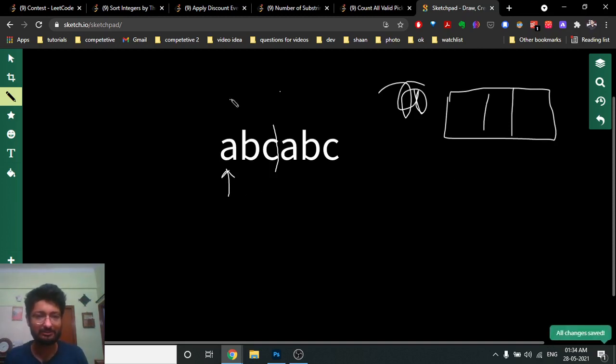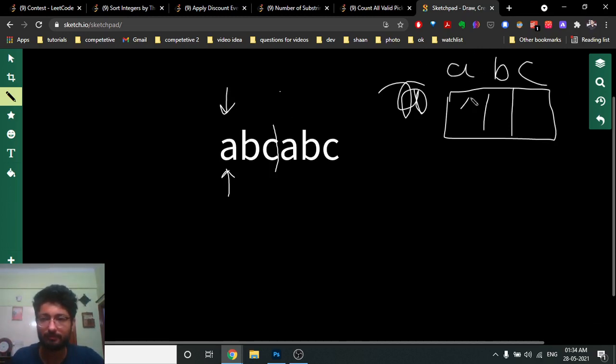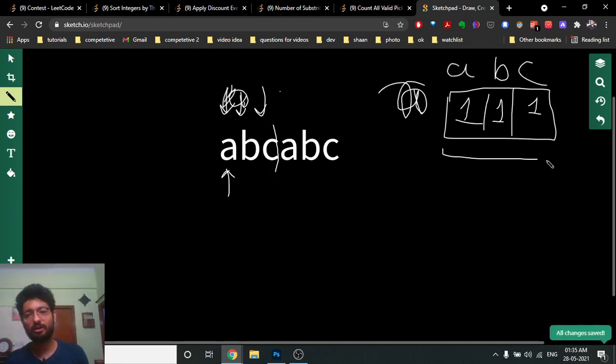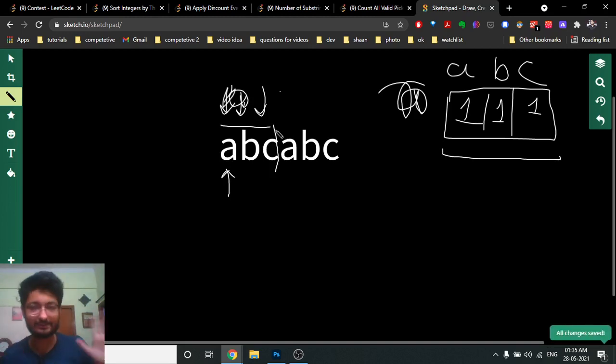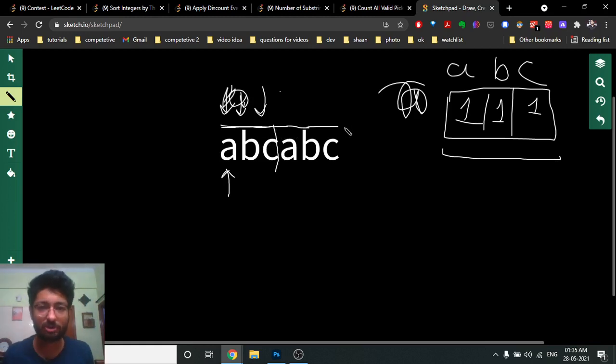Like this, the J pointer is moving from left to right, so this consists of 1 A. So you increment the value for A by 1, then move to this value, this is B, so increment this, then you come to this point, this is C, increment this, and whenever you see that all the 3 values are greater than or equal to 1, it means that from this point to this point is a substring which consists of all the 3 characters at least once. So this is one substring, this can also be a substring, this can also be a substring, this can also be a substring.